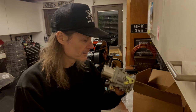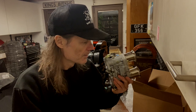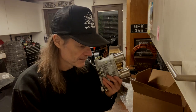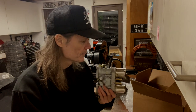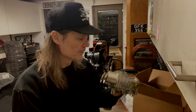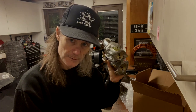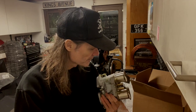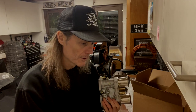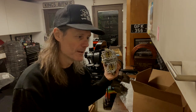A lot of my mates in the scene think these are terrible, and likewise a lot of the guys in the States think that their autos are terrible, and I think that's to do with parts. I mean, obviously parts are readily available everywhere for Webers, and you can buy a set new. These rattle. You can buy a set new, and it's very easy with Dellortos. I'd have to buy a used set and then again send them away for months,